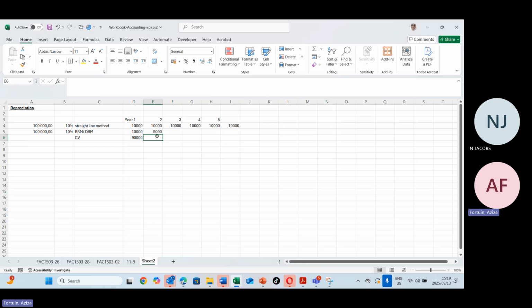Now year 2, you're going to calculate it on 90,000. So you're going to get 9,000. Then you're going to say 90,000 minus 9,000, and that's my carrying value here. The following year, you're going to calculate it again on carrying value, which is 81,000 times 10%. Then you're going to say 81,000 minus 8,100. Are you with me? So this is my carrying value. Yes, I understand that part. Now do year 4, 5, and 6 for me. I'm going to give you 5 minutes. I want you to do exactly like I did it, year 4, 5, and 6.